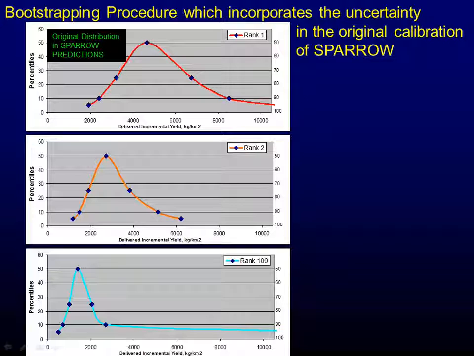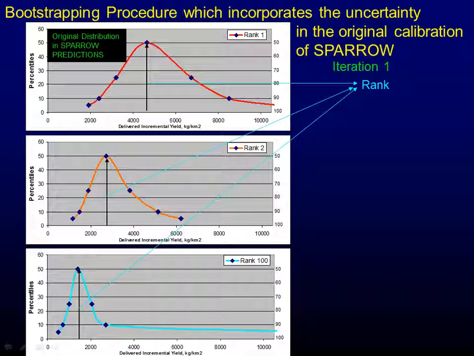When we use nonlinear regression, we come up with specific values for each of the coefficients. But one of the questions was that we're not really 100% certain on every one of the parameters or values we use in there. So we went through and weighted each of those observations a little bit differently and recalibrated the model. We did this a series of times. In this case, we used bootstrapping and did it 200 times, recalibrating the model each time.